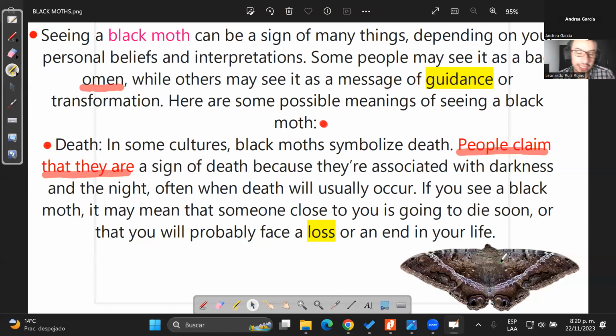There are other people who see it as transformation, that you need to change, different interpretations, right? But in that case, they say people claim. Do you know the meaning of the word claim? No, teacher, it's similar to saying afirmar. Afirmar, exactly. But when I use claim, it's because I say something and I believe that it is true, right? I am affirming, believing that what I'm saying is true. I believe fervently in what I'm saying when I say claim, right? They claim that they are a sign of that because, and so on.